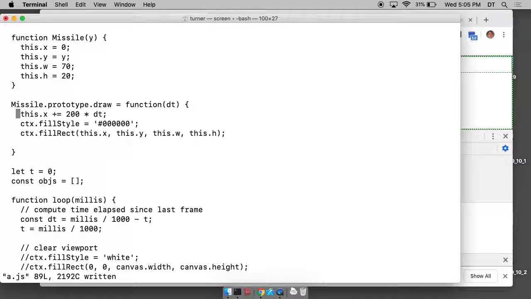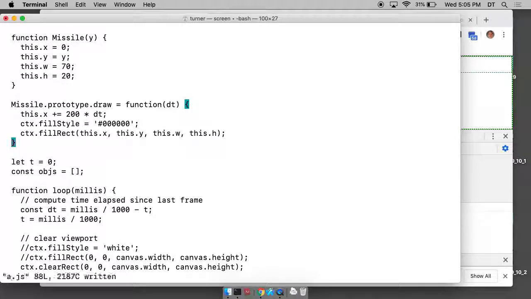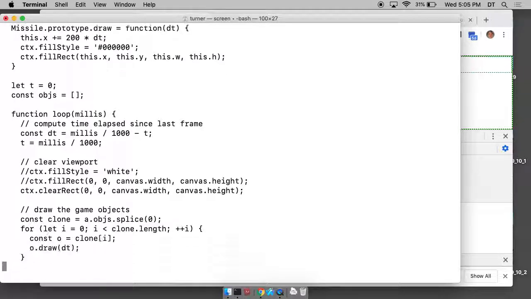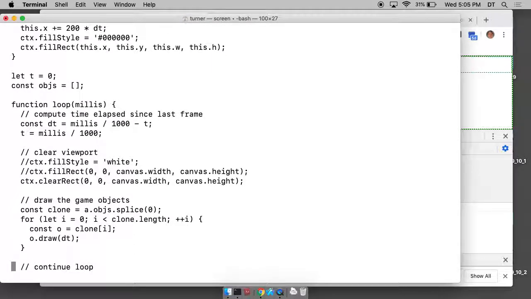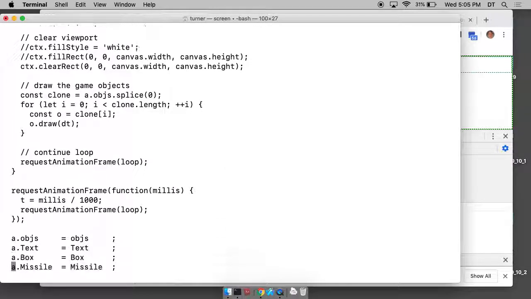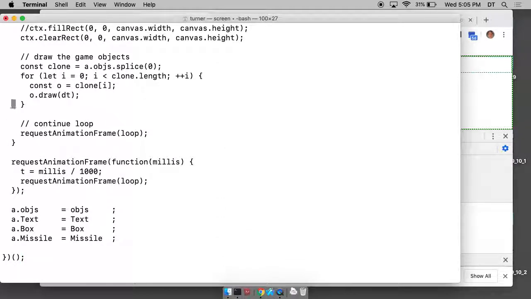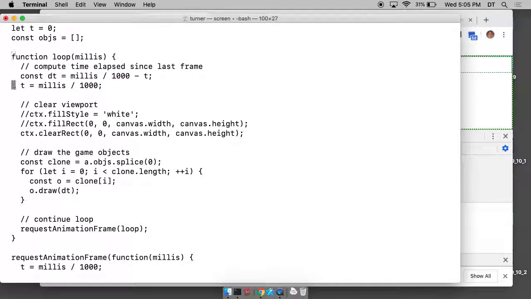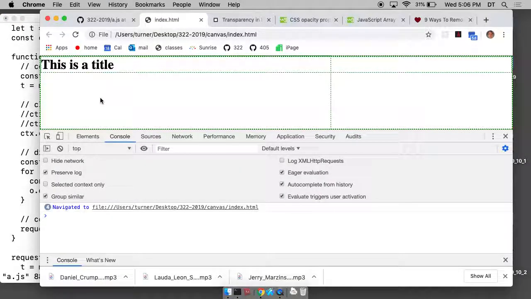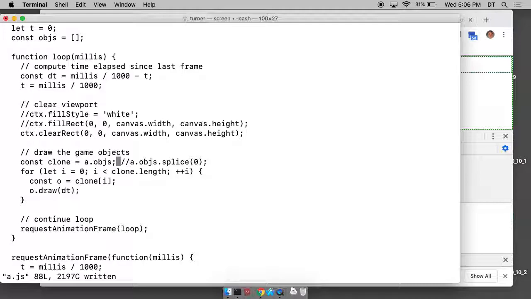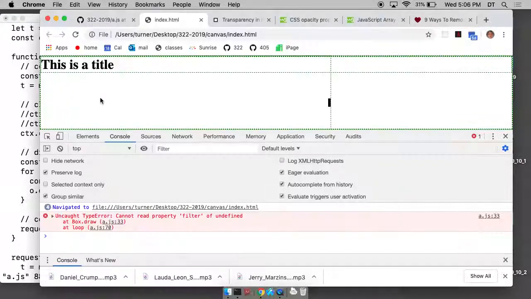So we do the draw function here. Maybe things are getting taken out of the game loop. And that cloning thing, that's what's broken. So if I just did this, forget about cloning. There we go. So somehow when I do this splice,